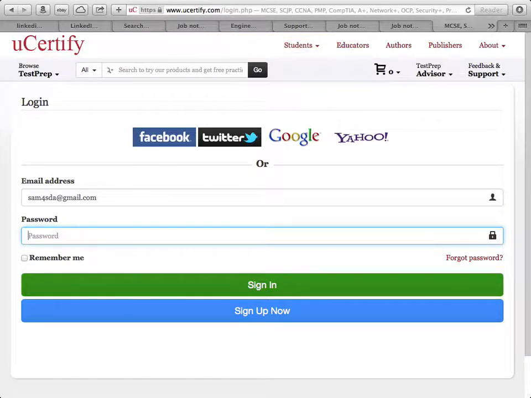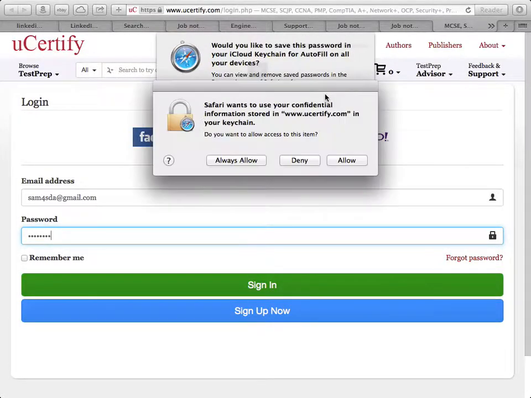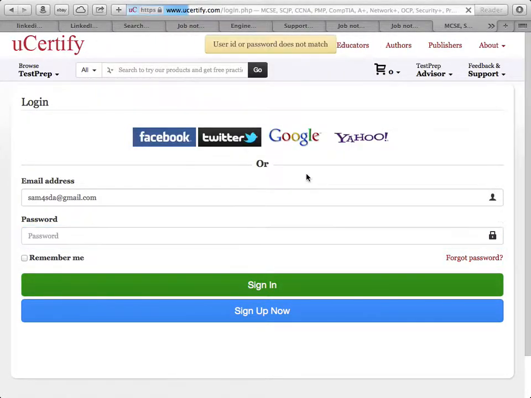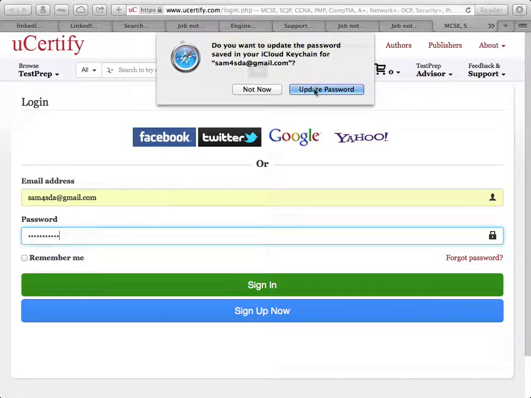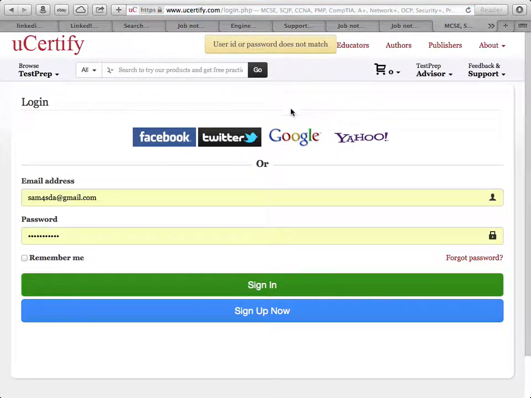I hope I didn't forget my password. Oh, I'm having the wrong email. It's supposed to be iCloud.